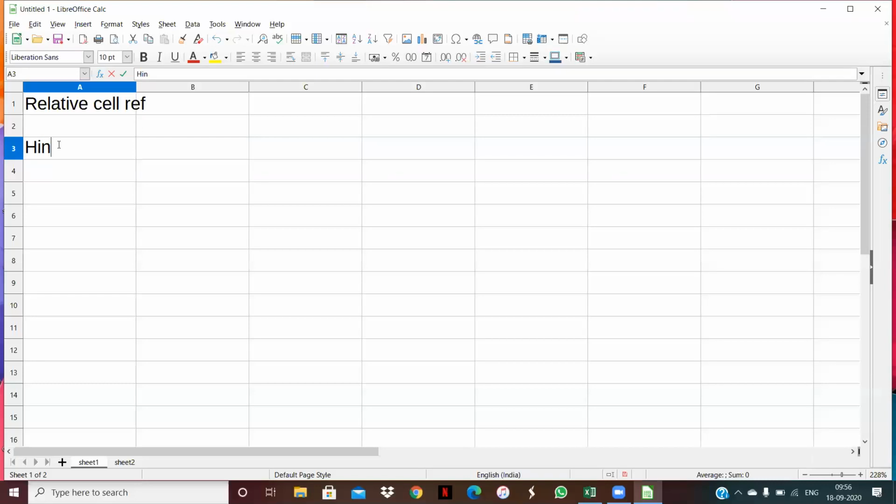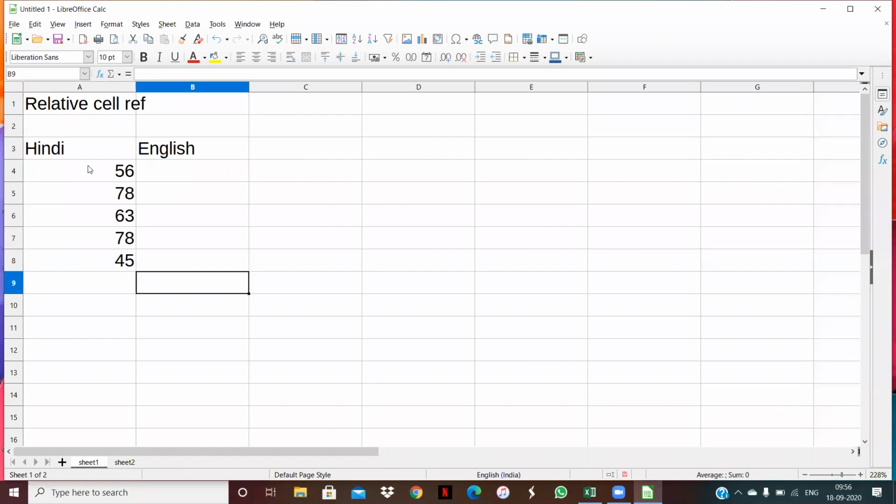Suppose here I write Hindi and English marks. The Hindi marks are 56, 78, 63, 78, 45. These are the Hindi marks, and here I am writing English marks.